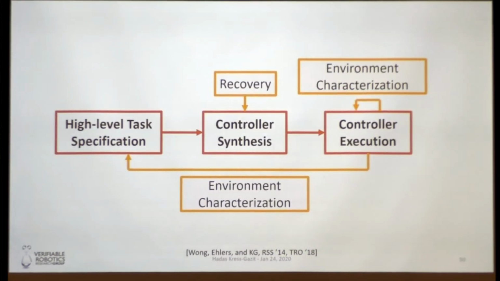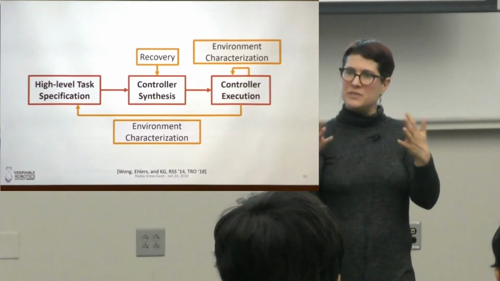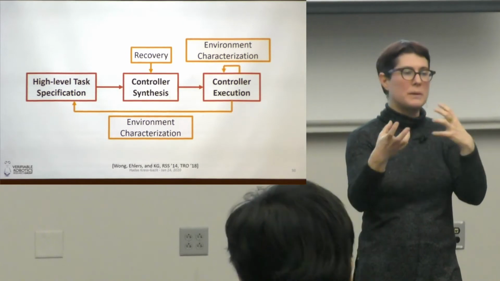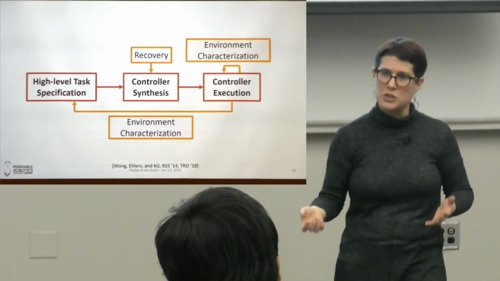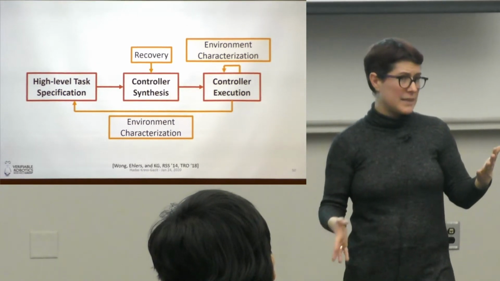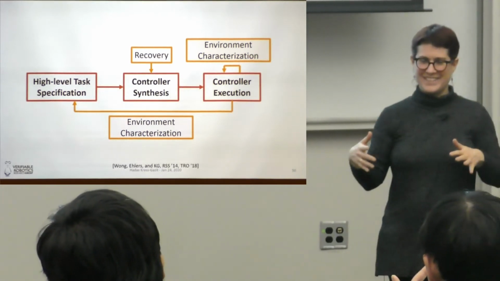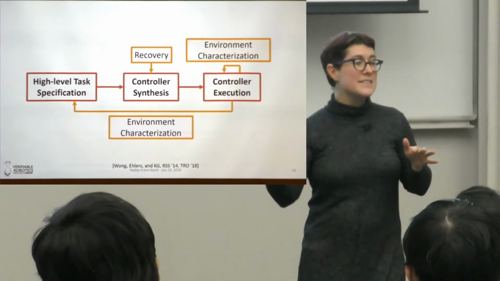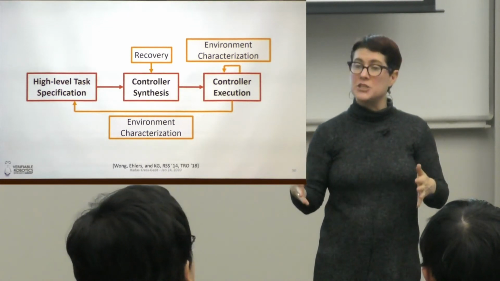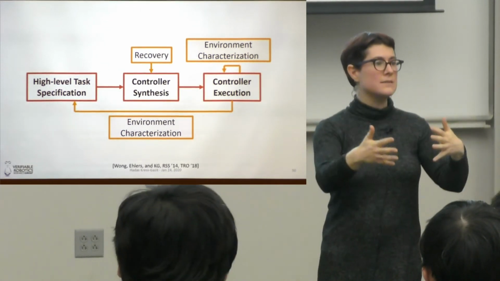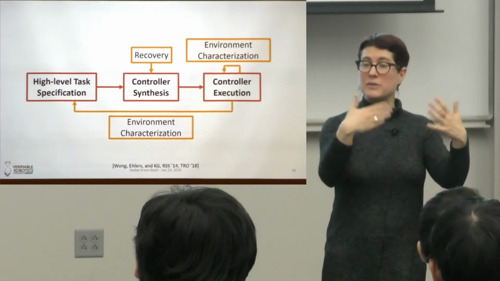The other thing we did was say, where are these assumptions coming from, right? I might not put any assumptions on my behavior, which is fine. It might mean that I'm not able to synthesize, because remember, this is a worst case approach. So if there's any sensor information I can get that will make me fail, I can't synthesize. So maybe I'm making some assumptions. But those assumptions might not be good, right? I just made them up. So what we want to do is, as we're running, I'm laughing because I'll tell you in a second. We're going to characterize the environment and automatically rewrite the specification, the assumption side, to weaken my assumption about the environment, and then continue.